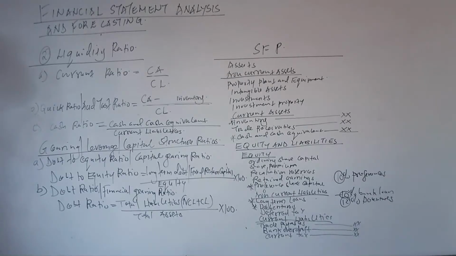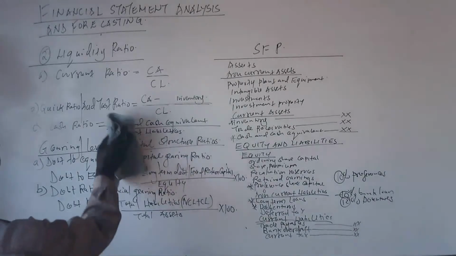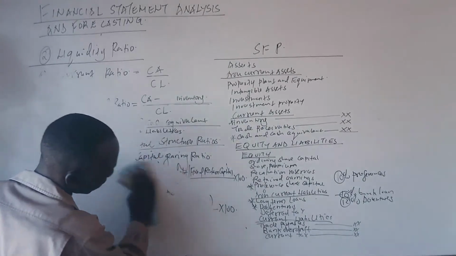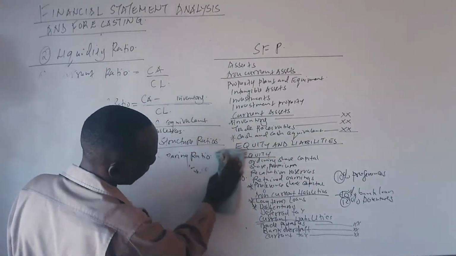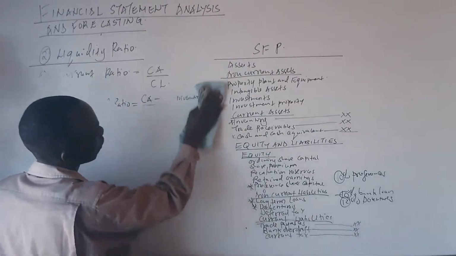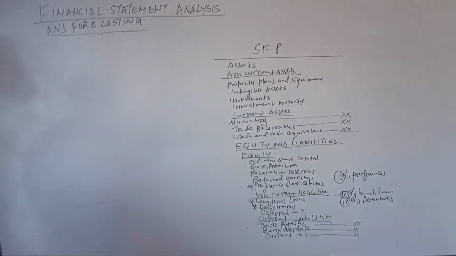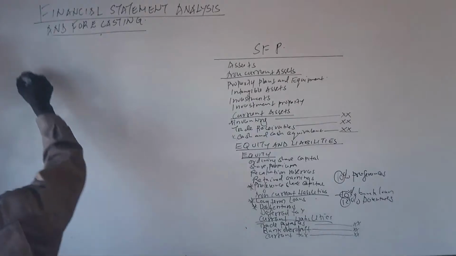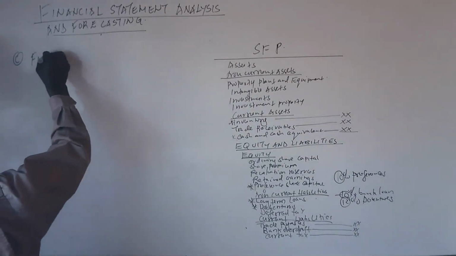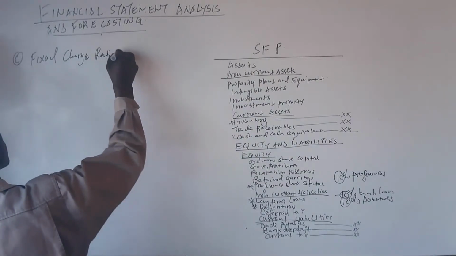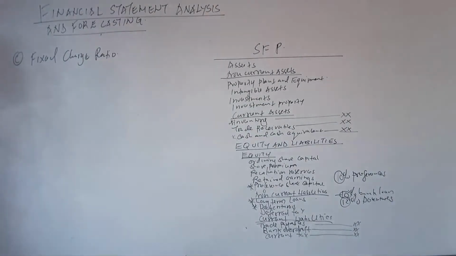Then we go to number 3. Number C, we talk about the fixed charge ratio. Let us talk about the fixed charge ratio. So our C is what? Fixed charge ratio. And write and say